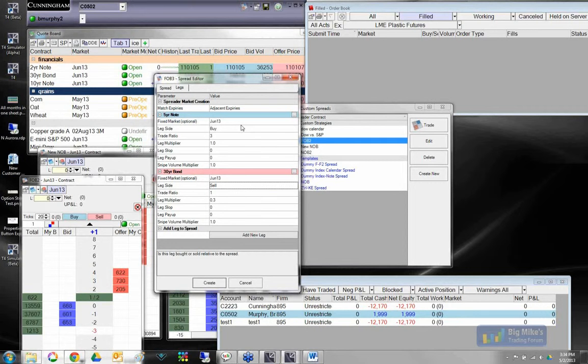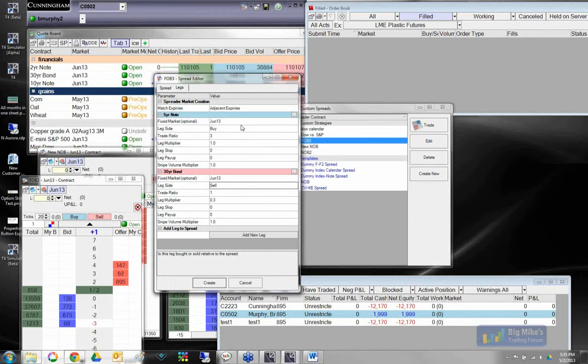Leg multiplier again is that 1 to 0.3. Then the 3 options we have really for you to play with even more are what we call slop, pay-up, and multiplier, snipe volume. These are just some definitions we came up with. We can change these, just something myself and my developer worked on and put out there. But to give you a basic definition,